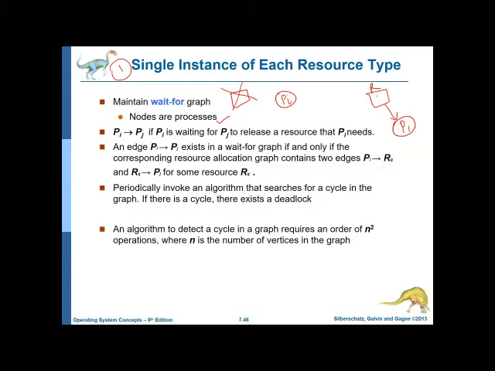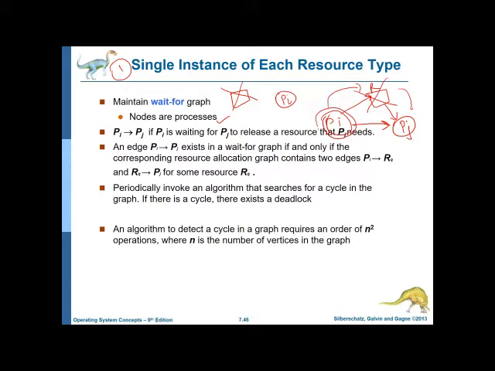The arrow goes from the resource to the process. Okay, so this is Pj. And Pi is another process which requires this particular resource. That is, you have a resource R which is being held by Pj, so the arrow goes from the resource to the process. And there's another process Pi which has a request for this particular resource. So instead of having this two-directional way, we can directly denote it like this. That is, Pi arrow Pj means that Pi is waiting for Pj to release this particular resource so that Pi can have it.